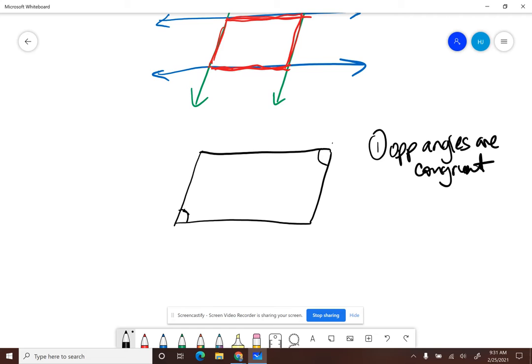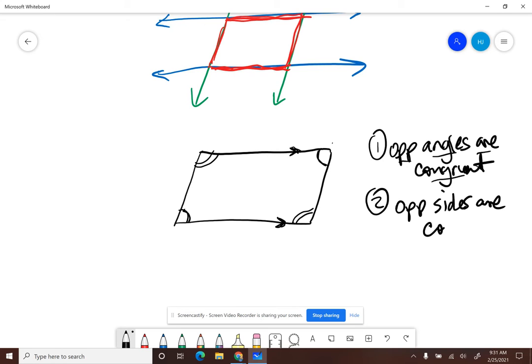So that means this angle here is congruent to this angle here. We could also say that this angle here, and I'm going to use 2 marks this time, is congruent to this angle over here. So opposite angles are congruent. So when you're looking at a true parallelogram, and sometimes they may notate these with the little parallel symbol, you need to remember that opposite angles are in fact congruent, okay? Another thing that you need to think about, we'll call this number 2, is that opposite sides